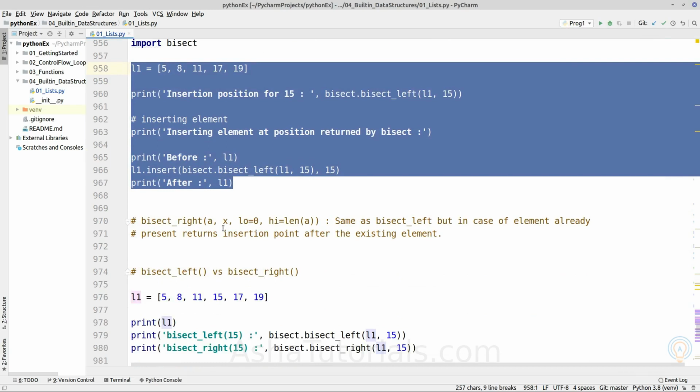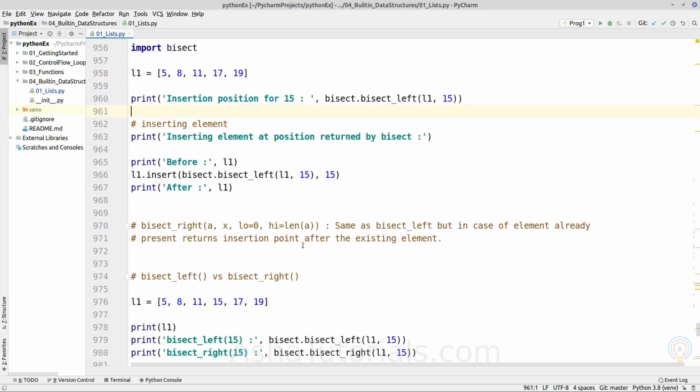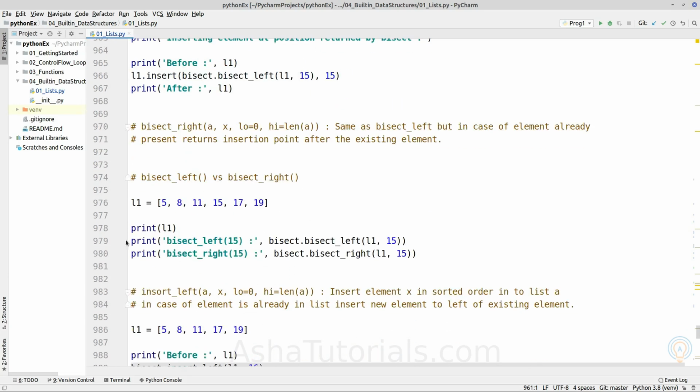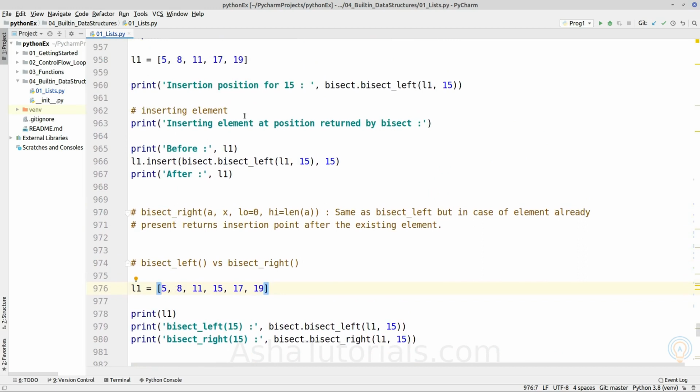Bisect right is the same as bisect left, but in case of an existing element with the same value, it will return the insertion point after the given value. So same list, as we can see, this is bisect right, bisect left.